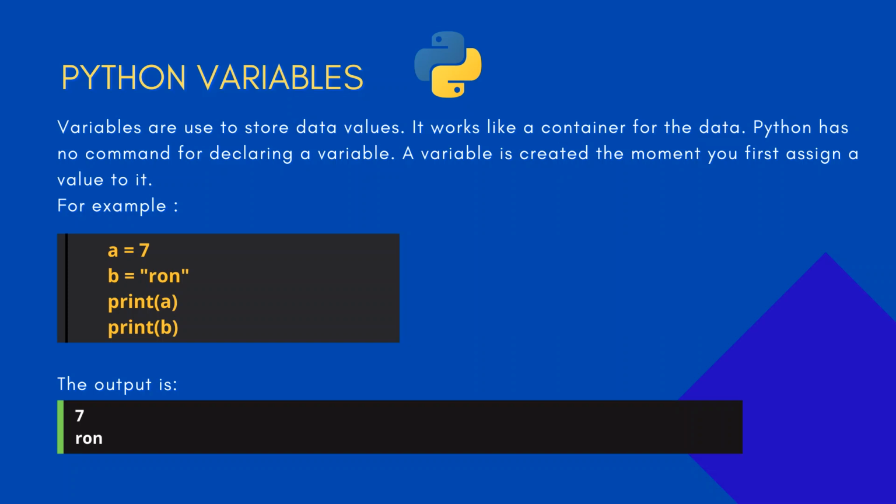First of all, let's talk about Python variables. Variables are used to store data values. It works like a container for the data. Python has no command for declaring a variable. So, in Python, a variable is created the moment you first assign a value to it. For example, in the given code sample, the variable a is created when it is assigned the value 7 and the variable b is created when it is assigned the value ron. That means in this code sample a contains 7 and b contains ron,